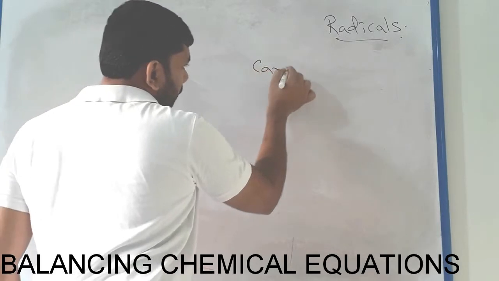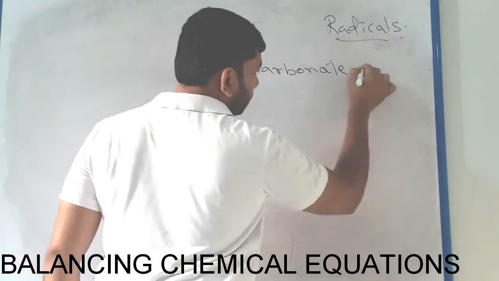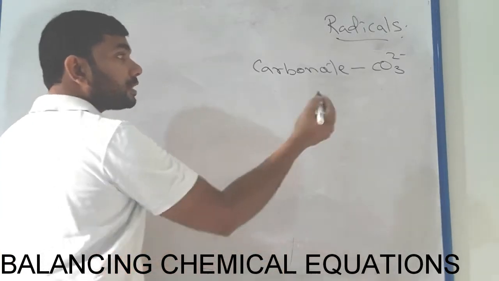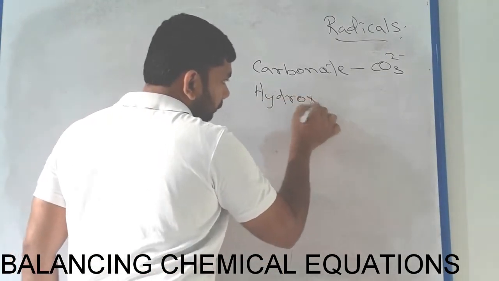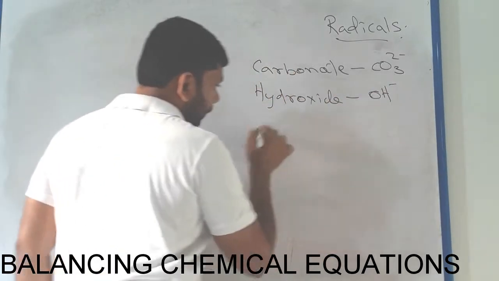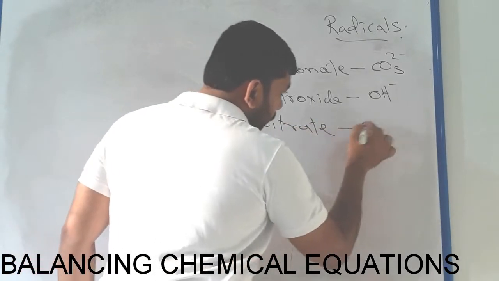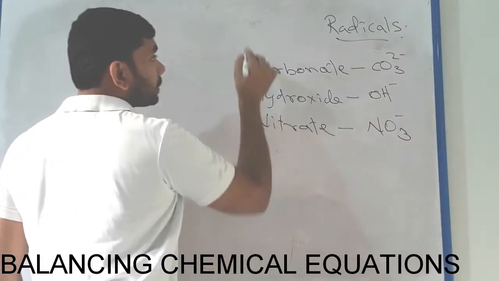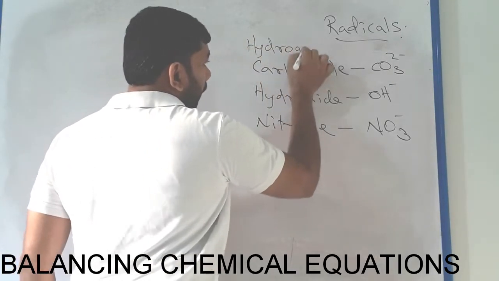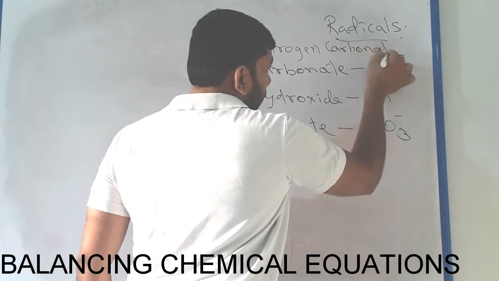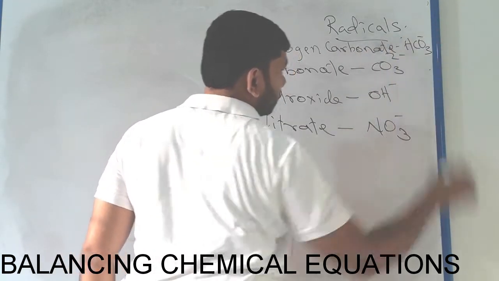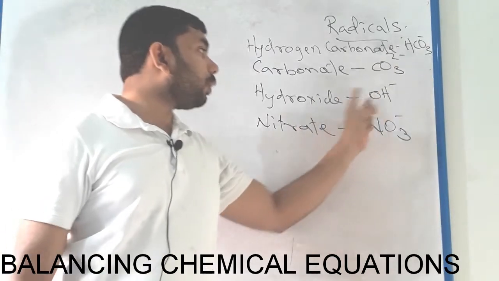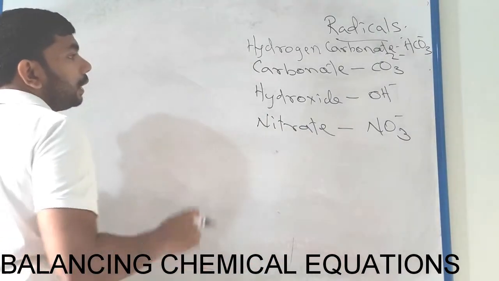Here, carbonate means CO3 2 minus. You have to memorize all these terms. Carbonate, CO3 2 minus. Hydroxide, OH minus. Nitrate, NO3 minus. Hydrogen carbonate, HCO3 minus. Okay, hydrogen carbonate HCO3 minus, carbonate CO3 2 minus, hydroxide OH minus, nitrate NO3 minus, sulfate